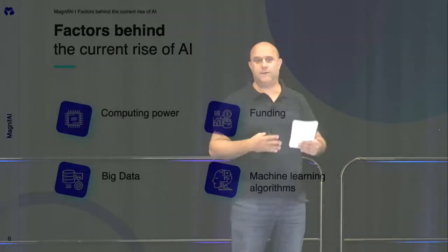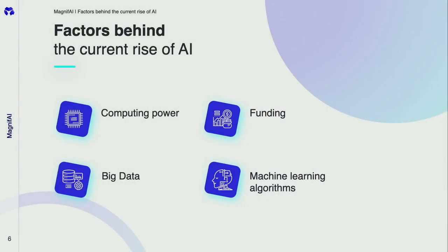Of course, funding is a very important factor. Both public and private parties are investing in AI because they see that there is a huge amount of opportunities. So new applications and new technology are being developed everywhere all the time because now we have the computing power and the data, so the investment makes more sense today.